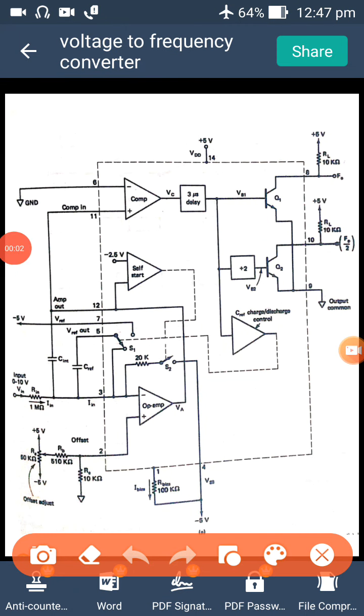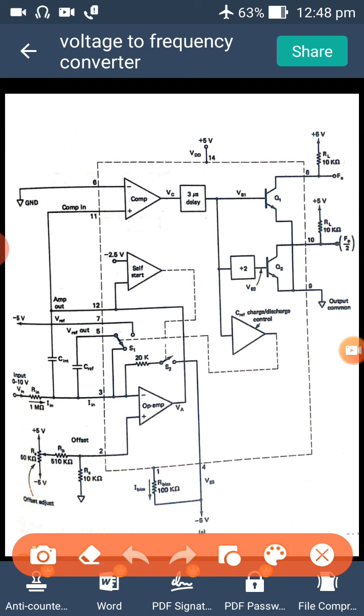Good morning, all. Today we are going to discuss the concept of the voltage to frequency converter. The circuit that you are seeing now is a voltage to frequency converter circuit, which consists of a 9400 V2F converter. Along with this, we have connected some more extra components. Mainly, within the dotted lines that you are seeing is nothing but the 9400 series of voltage to frequency converter. Then along with this we have connected two capacitors outside, then three resistors in order to have successful conversion.